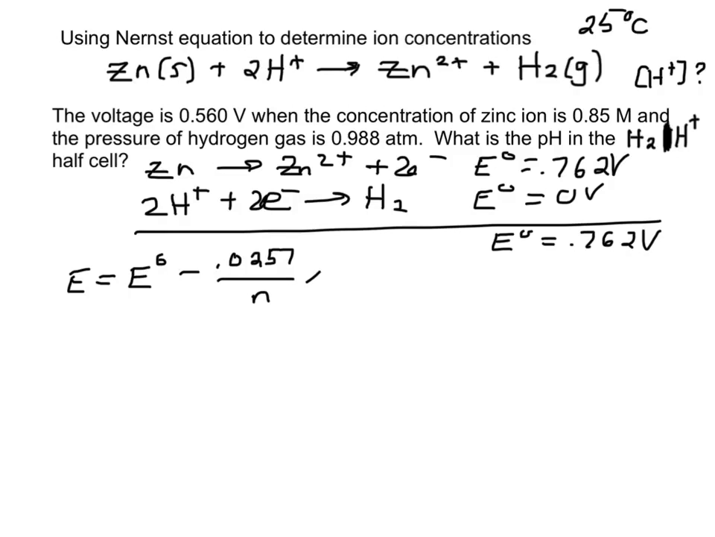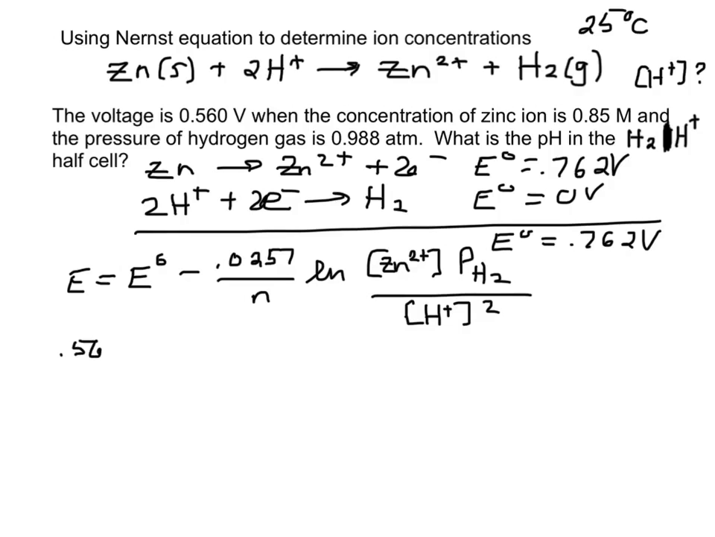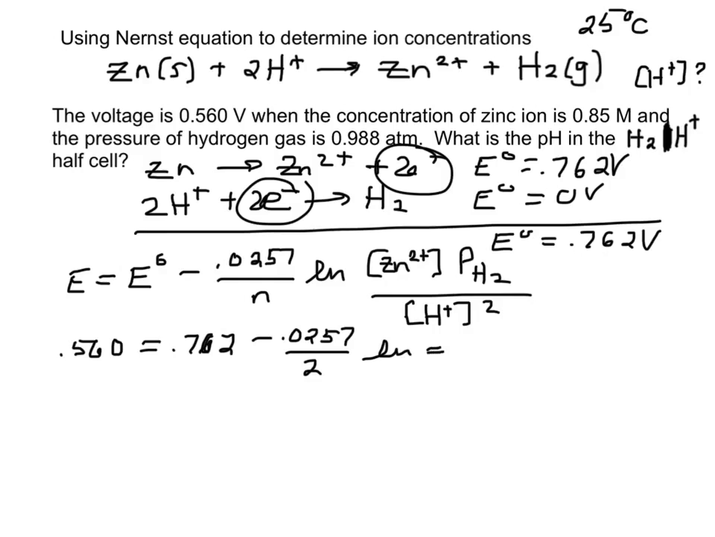Over N times the ln of Q. So Q, let's see, we've got zinc ion, so products over reactants, raised to the coefficients, times the pressure of H2, divided by, ignore the zinc, the concentration of H plus squared. So when we start filling in numbers, we've got 0.56, that was given, equals 0.762, that's what we just found out, minus 0.0257, over N, looks like N is 2 electrons are being transferred, times the ln of, let's see,